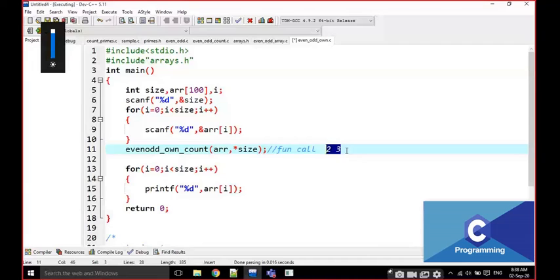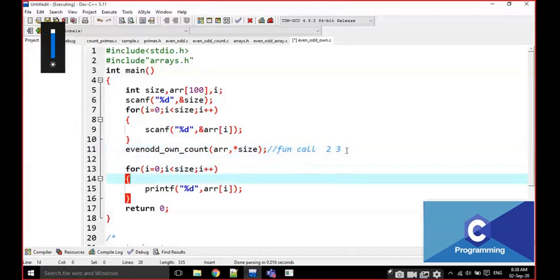Here I am passing the size as a pointer. You have to look like this. That means in that functionality we have to apply the result.